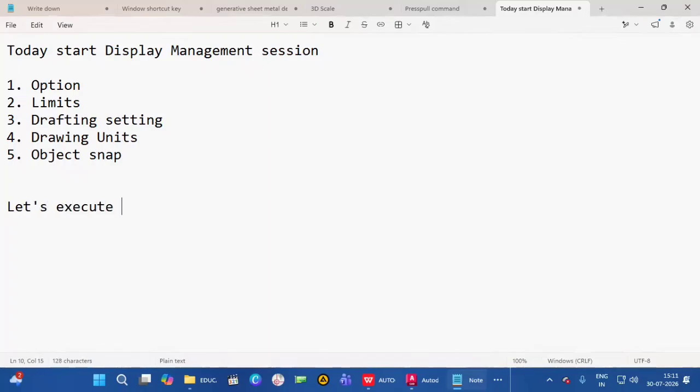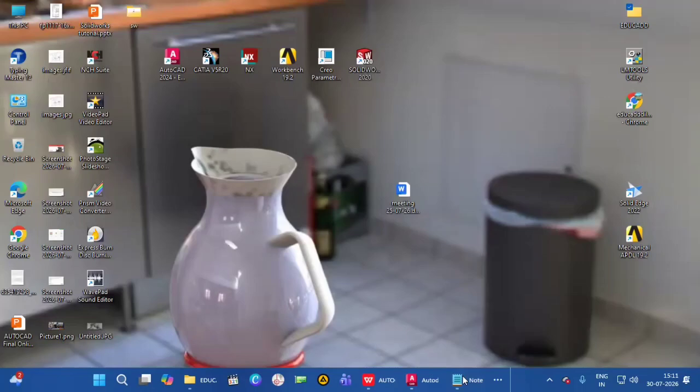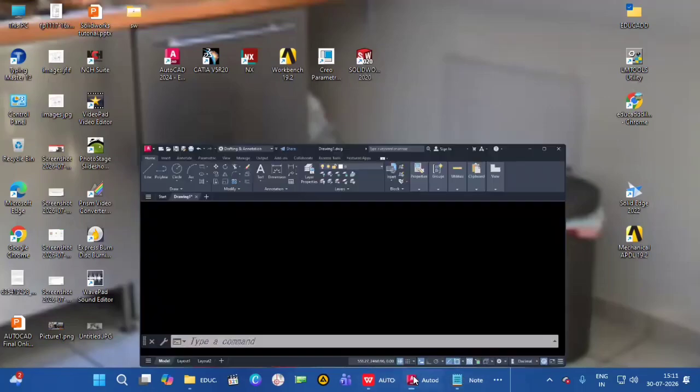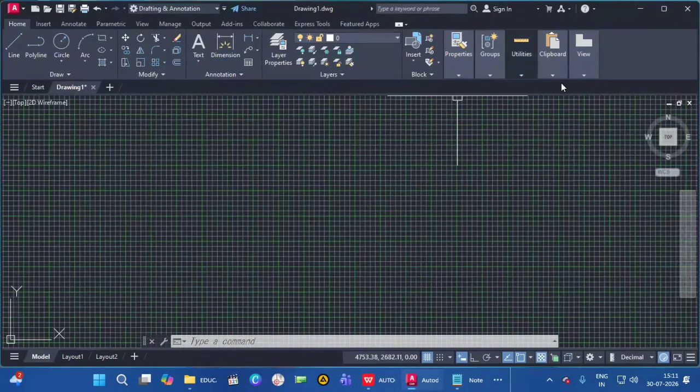So let's execute option command. Let's execute option command. See here. By default, window element color theme dark. So here window element color theme dark. If you want to convert dark into light,